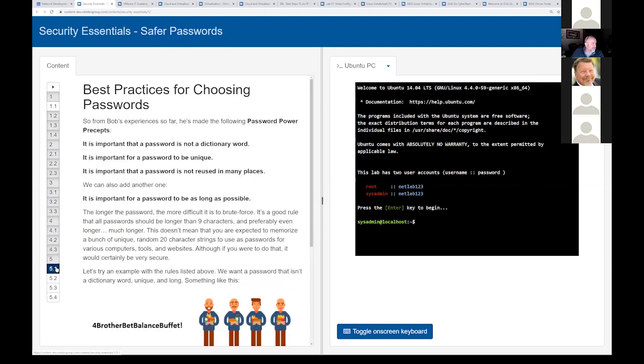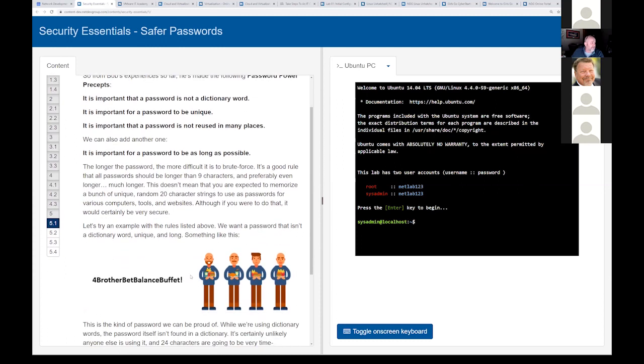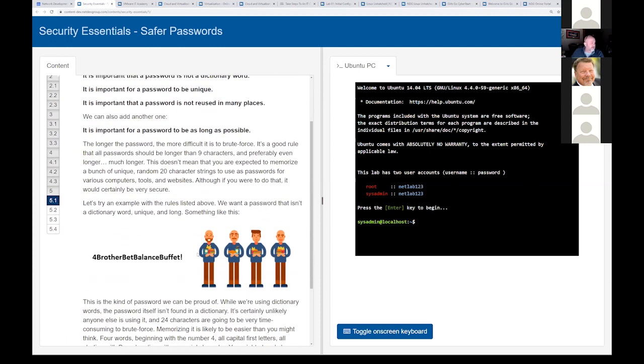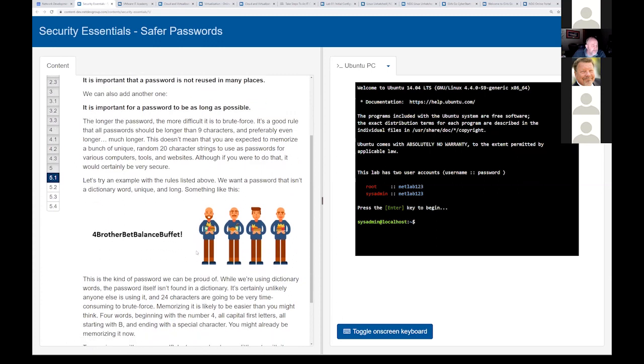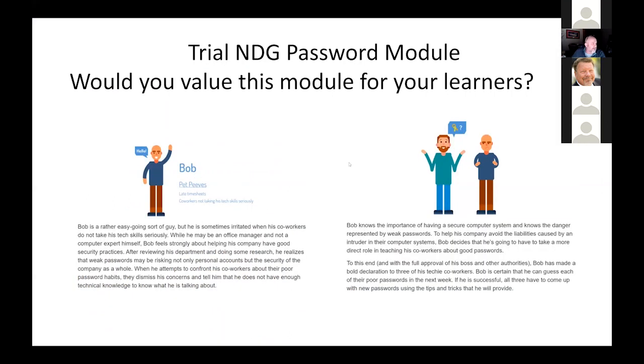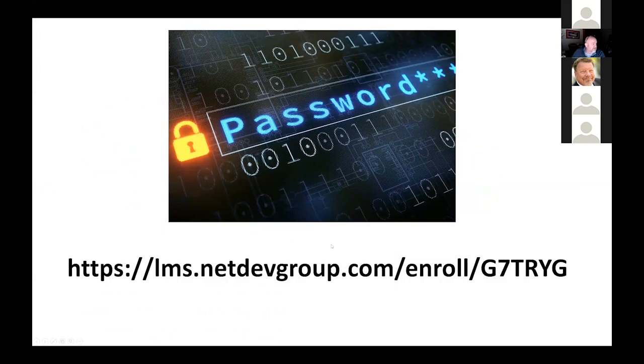Now, I'm asking people to pilot test this module because I want to know, is this the kind of stuff you want to put in front of those that you serve in your communities and you think this is valuable? Long story short, if it is, we're going to try to produce more of these modules. And this gets down to how do we invest our budget and where do we make an impact. If you're interested in that module, you can just enroll in an LMS we host and you can try it out. I know that's a long URL, so I will type it here.